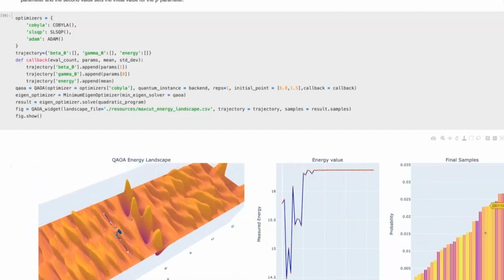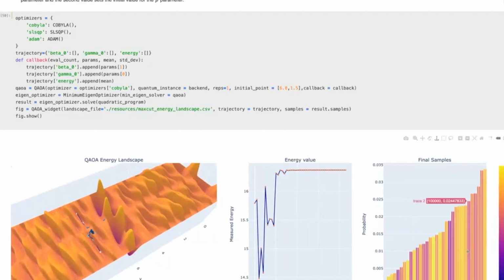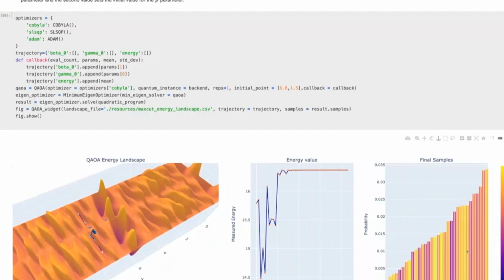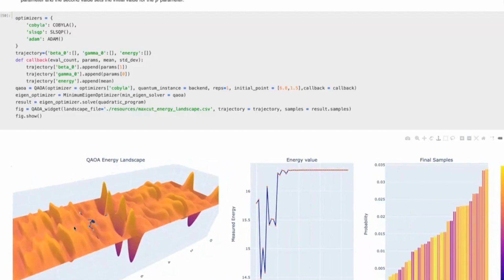Now, we also have to keep in mind that for us, it's not only important to get an overall good energy value, but we're only interested in one good solution. And so if we end up in a local optimum that has a sufficiently large overlap with the actual optimal bit string, this might still be fine because we might still be able to sample this bit string at some point. And at the very end, we're only interested in the best bit string that we sample.